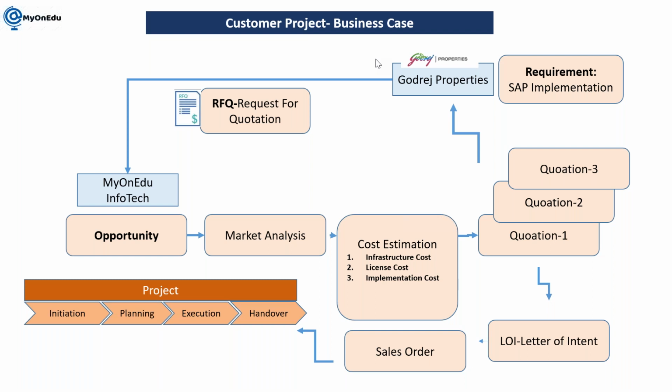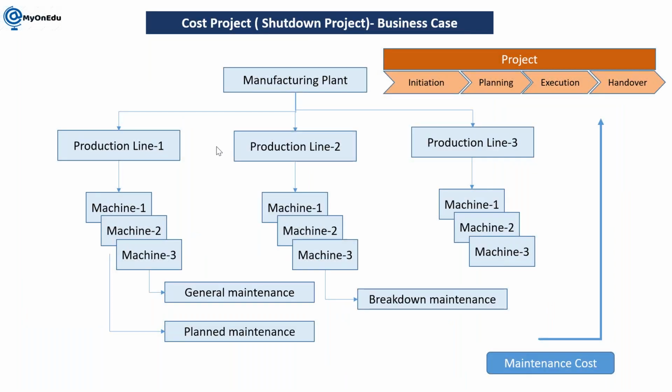Okay. So next, I have included some terminology. Next is cost project. As I have explained, just consider a shutdown project or overhaul project. We are calling it a maintenance project also. So these are the terminology we use in business: shutdown project, overhaul, or maintenance project. Just taking one example here,